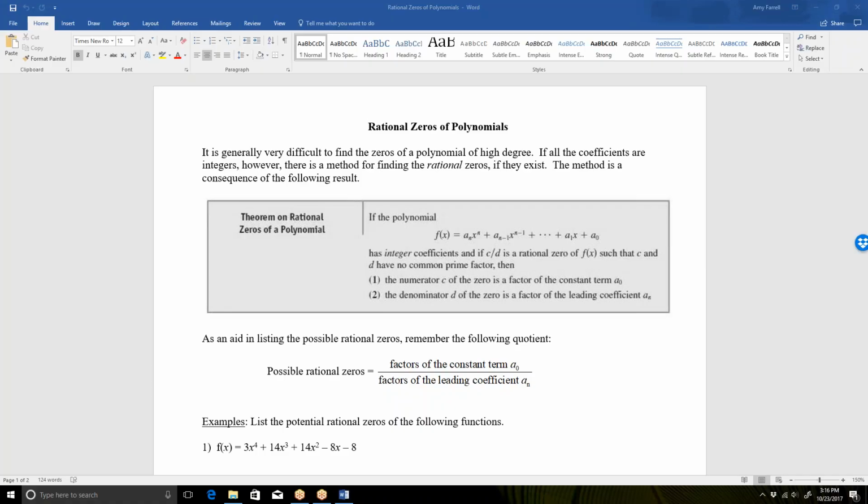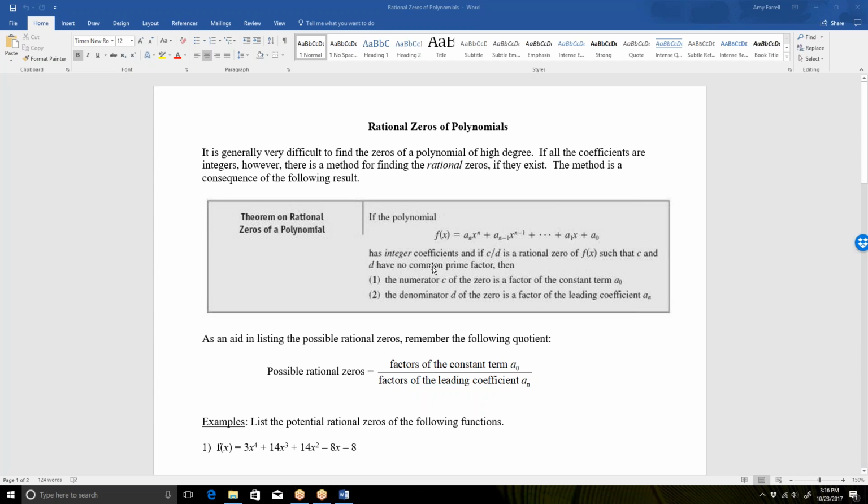In this video, we're going to look at how to come up with the potential rational zeros of a polynomial function. We're also going to look at testing those potential rational zeros to see which of them actually work in the equation. Up here at the top, I have what we're going to do, the theorem here on rational zeros